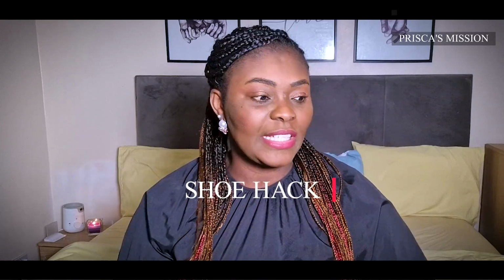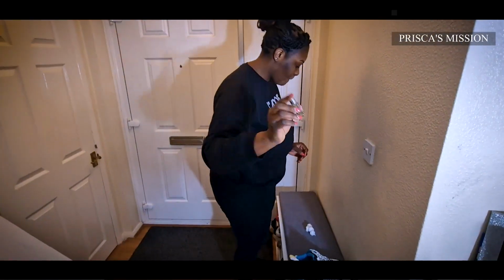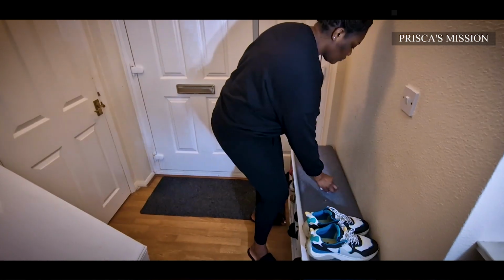Number one, I have for you the shoe one. You know, sometimes when we take our shoes off, not me though, but sometimes when people take their shoes off, it stinks. It stinks like yesterday. The shoe smells funny. So to avoid that stinking smell covering the whole of your house, what you could do is put about 5, 6, 7 drops of essential oil in a cotton wool